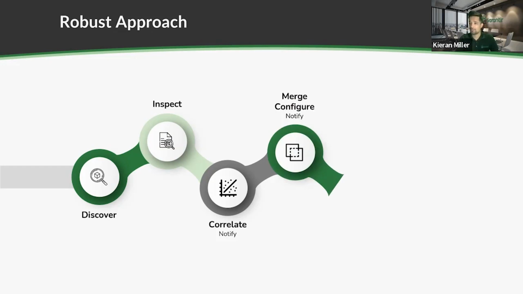This is where we do a merge configure. So in this case, the goal is that you don't block any existing users from authenticating, even with the credentials that are not in the HSM, but you also add the new HSM credentials. So the goal is at the end of this step, you'll be able to authenticate with your current credentials, as well as the new credentials in the HSM. After that, you would actually do a reconfigure. At the end of the reconfigure, you'll only be able to authenticate with the credentials in the HSM. Those old credentials will no longer work anymore.